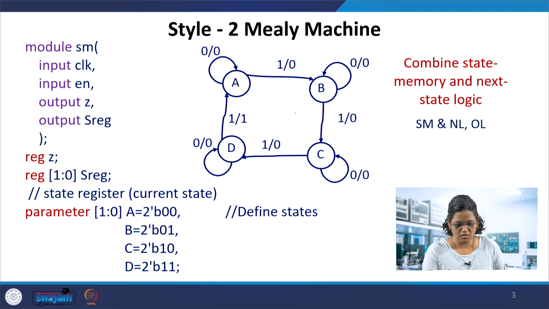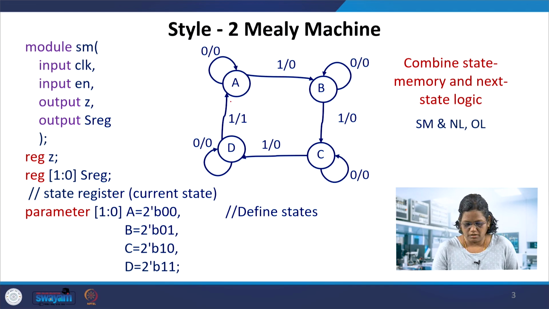In this we have 4 states A, B, C, D, and the state machine moves from one state to another if enable input is 1. When it comes to D and completes all the states, and if enable is not 1, it stays in the same state, and the outputs A, B, C, D will be zeros. You can see that inputs and outputs are marked over here.